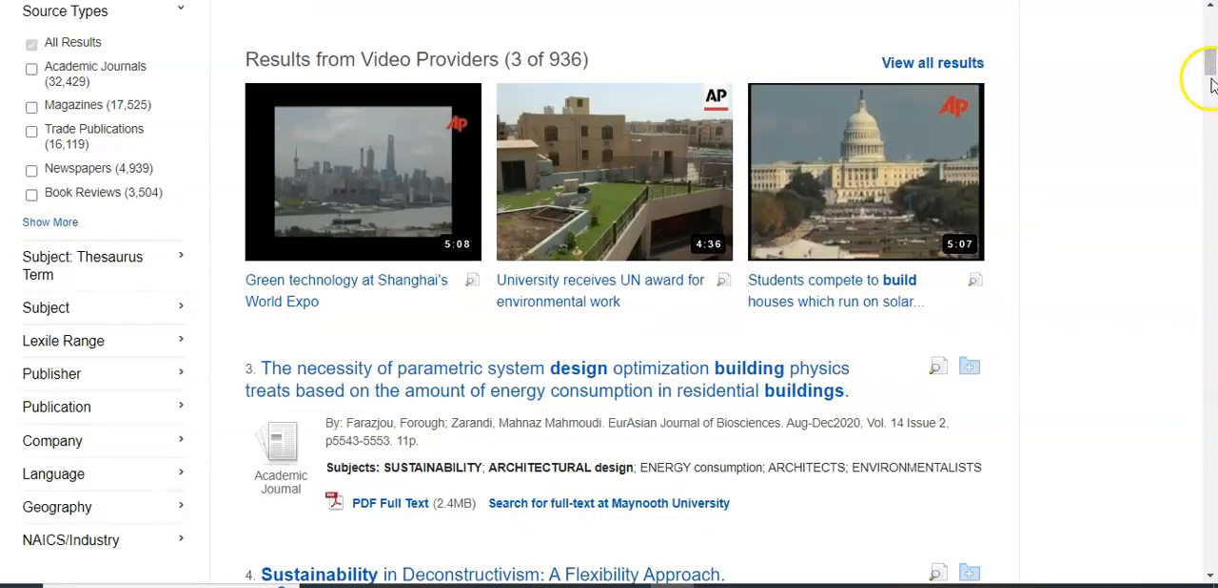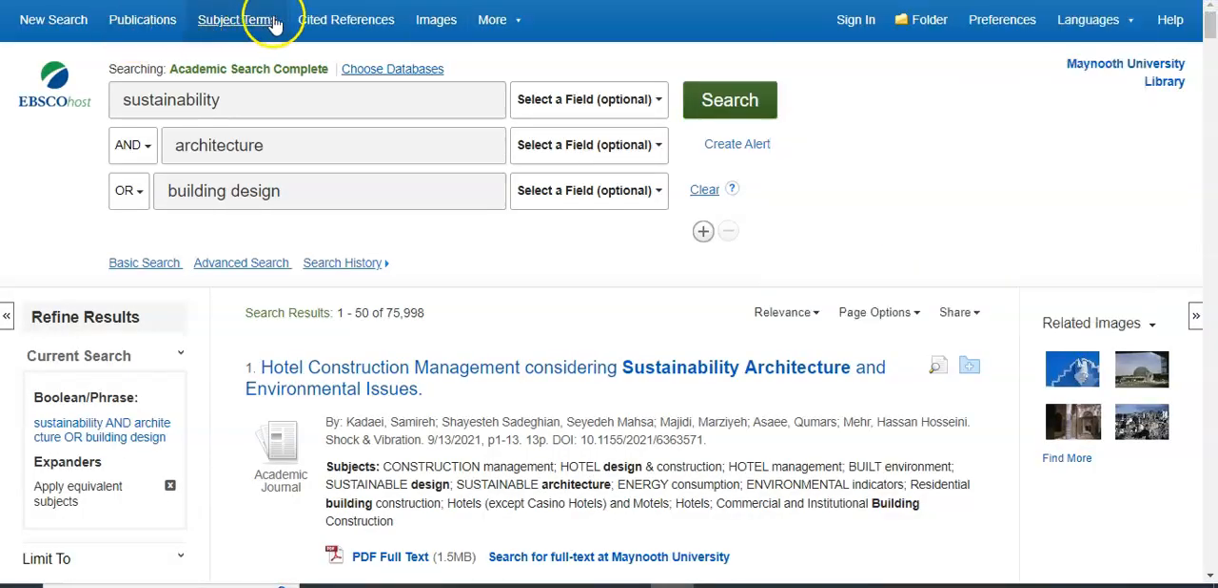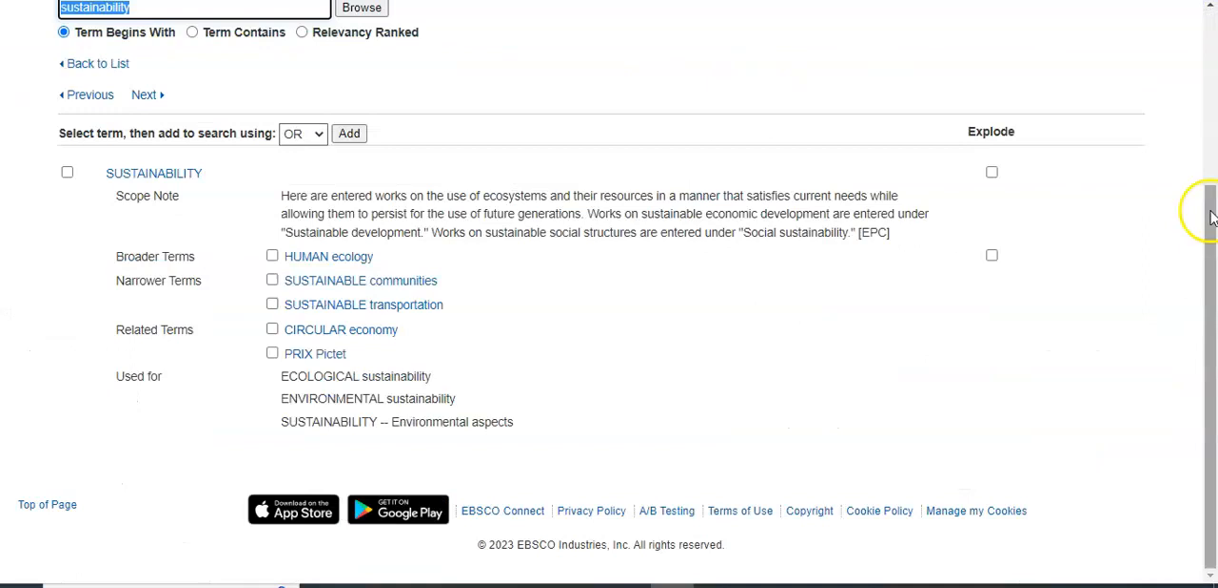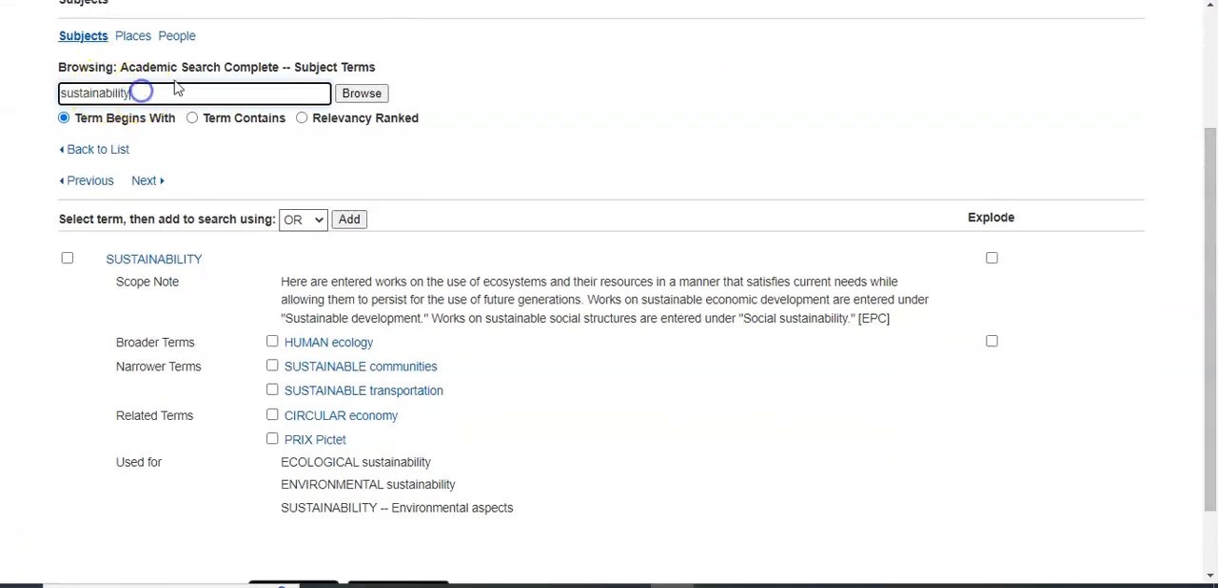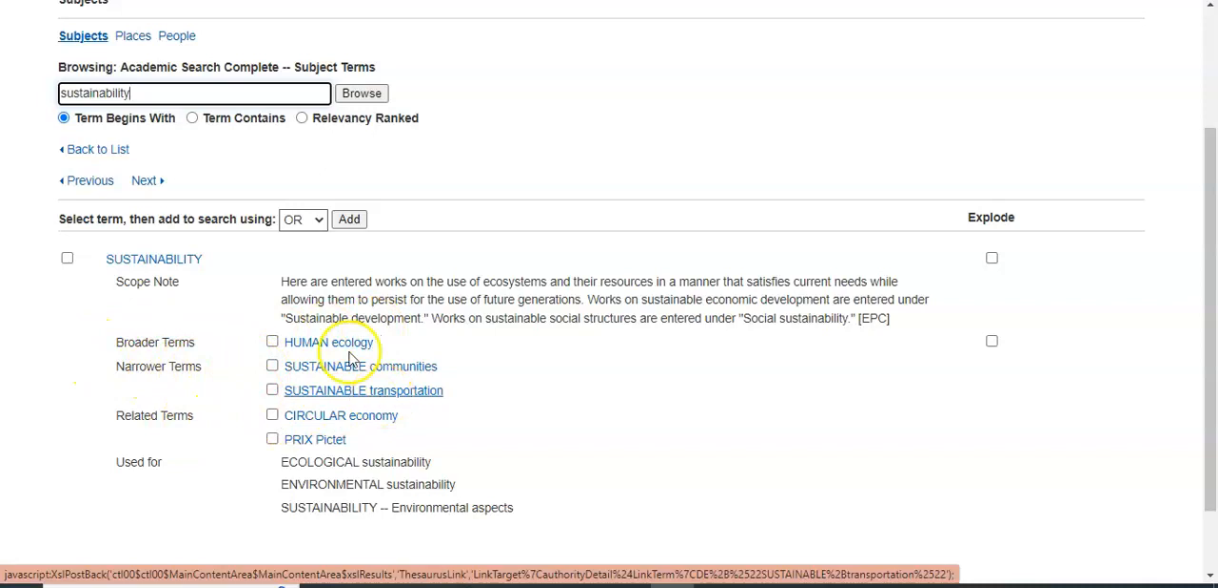Lastly, you can use the thesaurus or the subject terms up here and other keywords that you can use when searching. For this example, we've put in sustainability, and you will see examples of broader terms you can use, narrower terms, or related terms. So that was our tips in 2 for locating and using